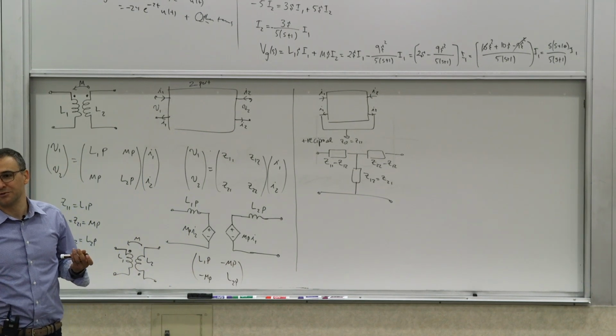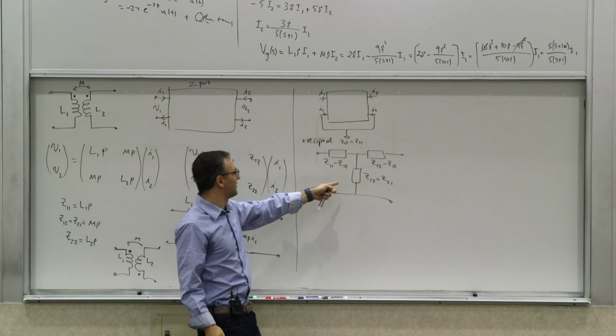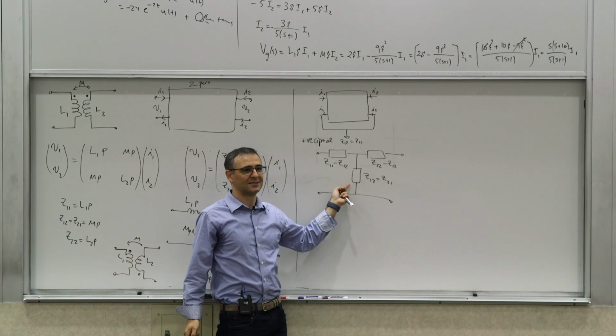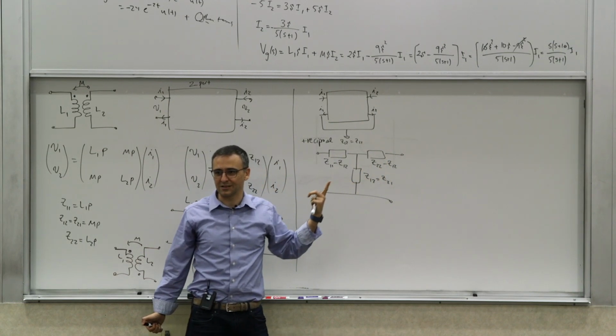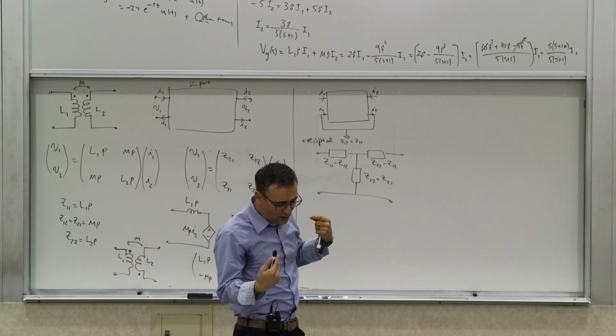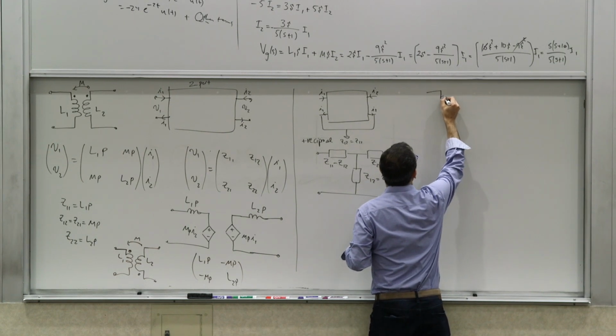So this is a simple way to remember this. I mean, you don't need to really remember it. If you know that the middle one is going to be the off-diagonal element, then the other two have to be, this has to be Z11 when the other side is open, this has to be Z22 when it's the other. So now if you apply this simple model to a transformer,